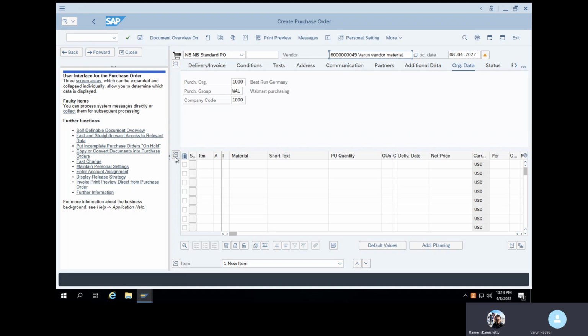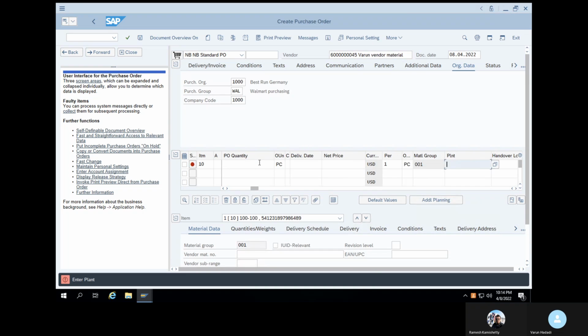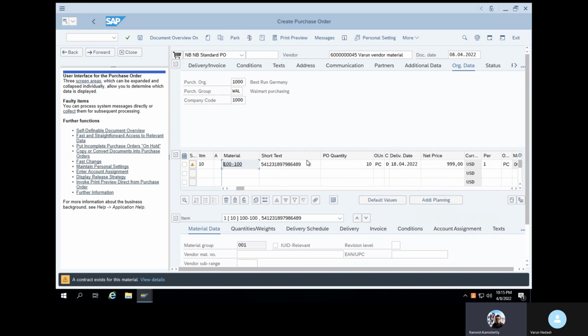I will tell you, just enter material 100-100. Enter quantity. So the price is automatically coming. Scroll to the right side, you will see the info record also here. The info record number will be there.